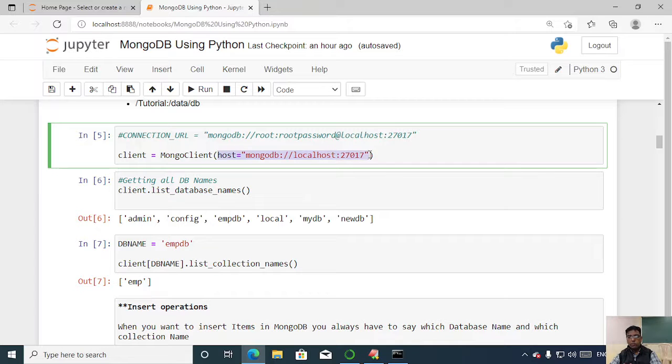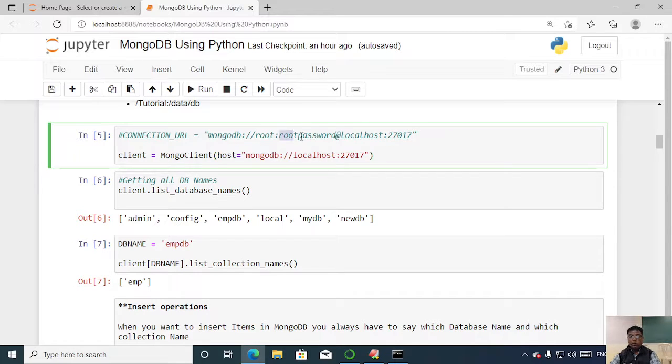What about this particular part, what is the parameter? Generally, this word mongodb is nothing but a protocol. Which protocol are we going to use? To create the client object for the host, we basically require three parts. First one is the protocol. Second one is the authentication part, which is nothing but root, colon, the root password, and then @ the localhost plus the port, the port through which we are going to connect with the MongoDB database.